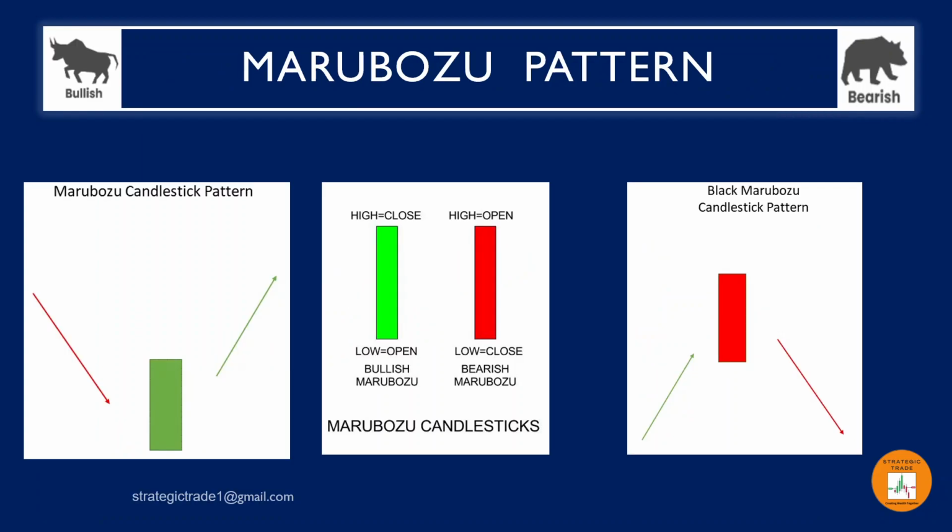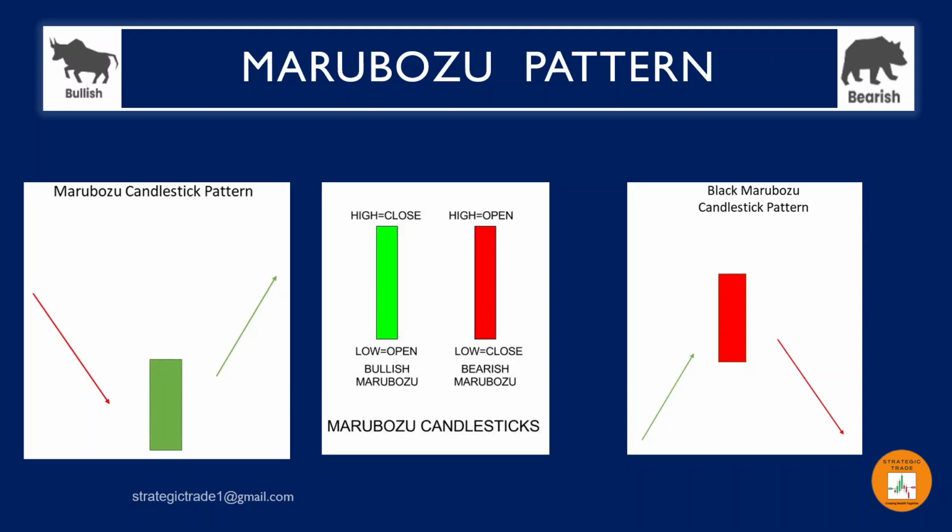So you can see this is one more pattern. This is a very good, very lovable pattern. I can say this is one of my favorite patterns. It is the Marubozu candle. Once we see a Marubozu candle, immediately we can go with the direction. Strongly we can have the direction, because once this Marubozu candle is forming, there is